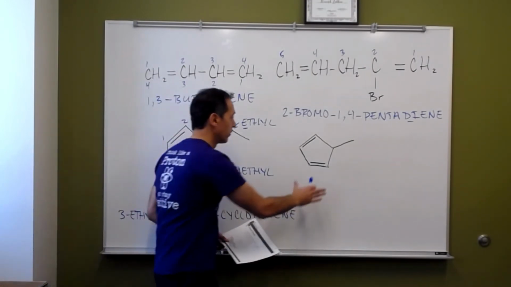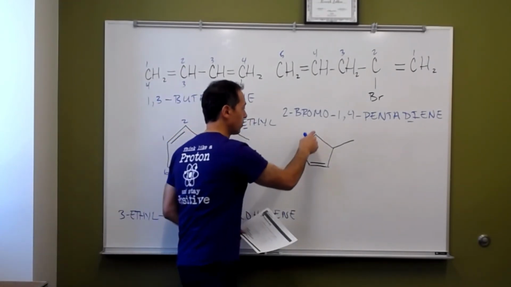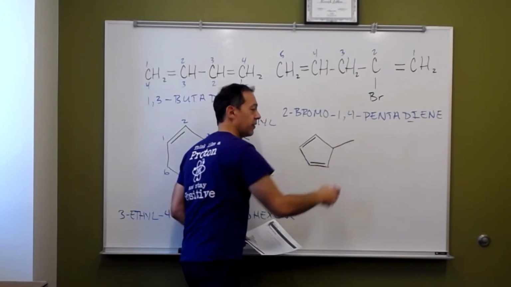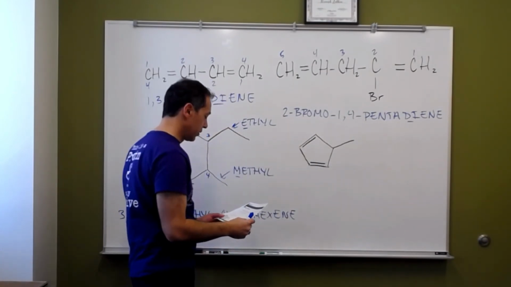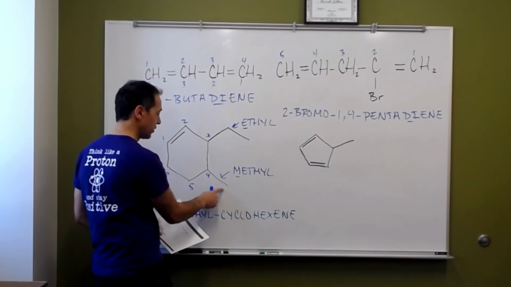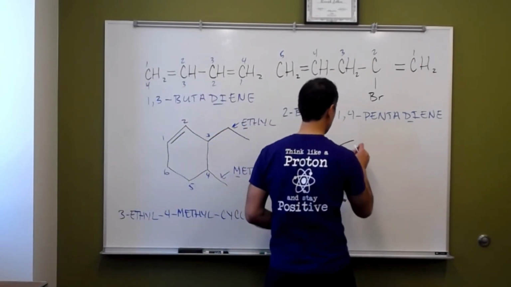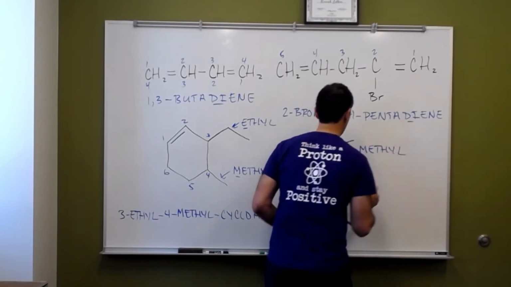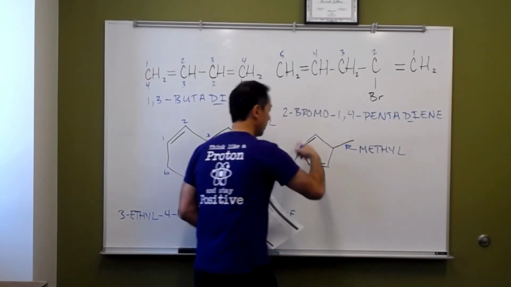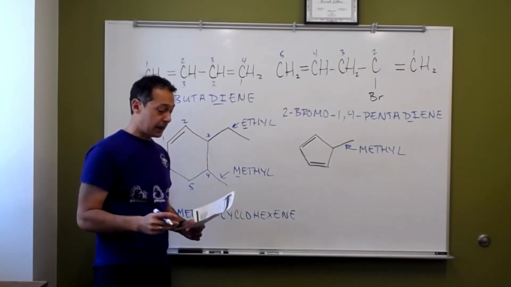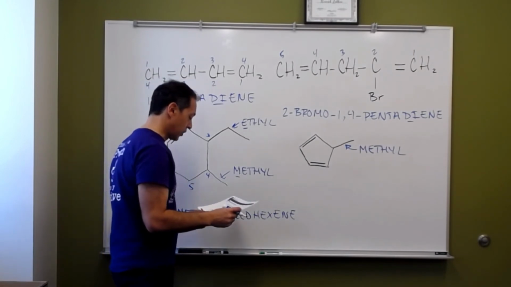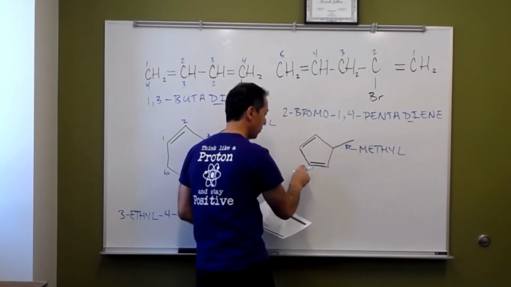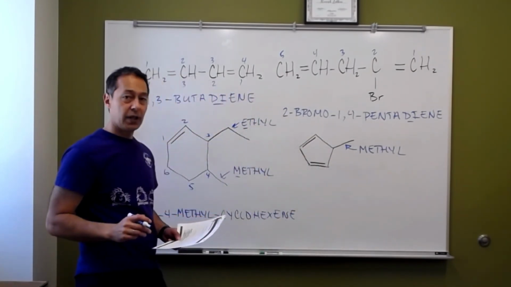Now, looking over here at this one, we've got 5 carbon atoms. 1, 2, 3, 4, 5. And then over here, we've got another carbon atom coming off of that as a substituent. And that one there is a methyl group. It's a single carbon atom. I recognize that from here. So I'm just going to name this one here methyl. Okay, there's a methyl group attached on to this cyclo structure here. And we might number this, and we recognize there's maybe 1, 2, 3, 4, 5 carbon atoms. So it becomes a cyclopentene,